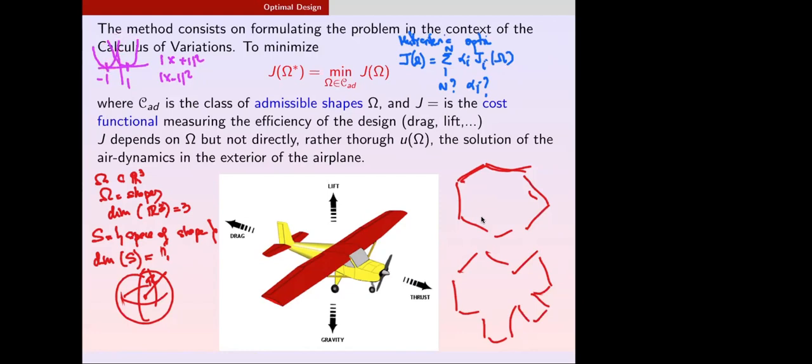So you are with friends and you have to decide whether you go to the restaurant or you go to the park. According to the first criterion, you go to the restaurant. According to the second criterion, it's very nice outside and you want to go outside. So to which place do you finally go? Then the answer, of course, will depend on how you choose in your functional to be minimized the weights alpha plus and alpha minus.